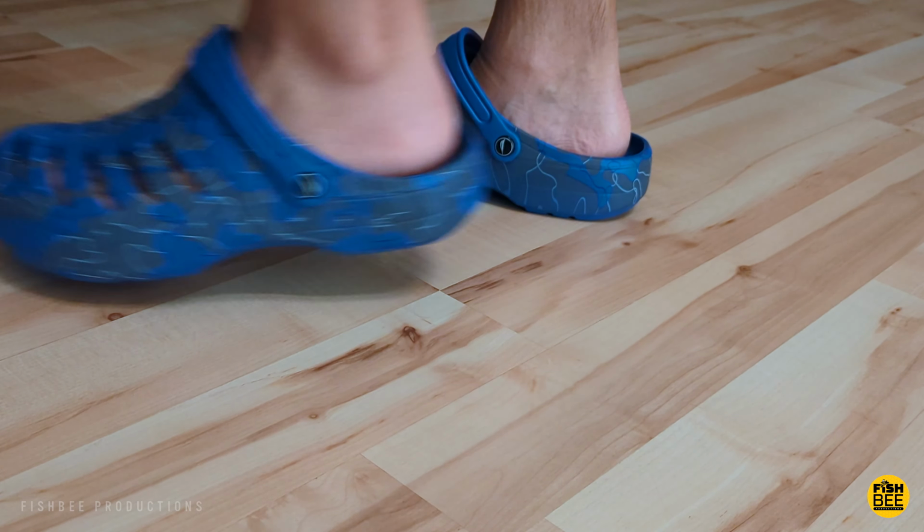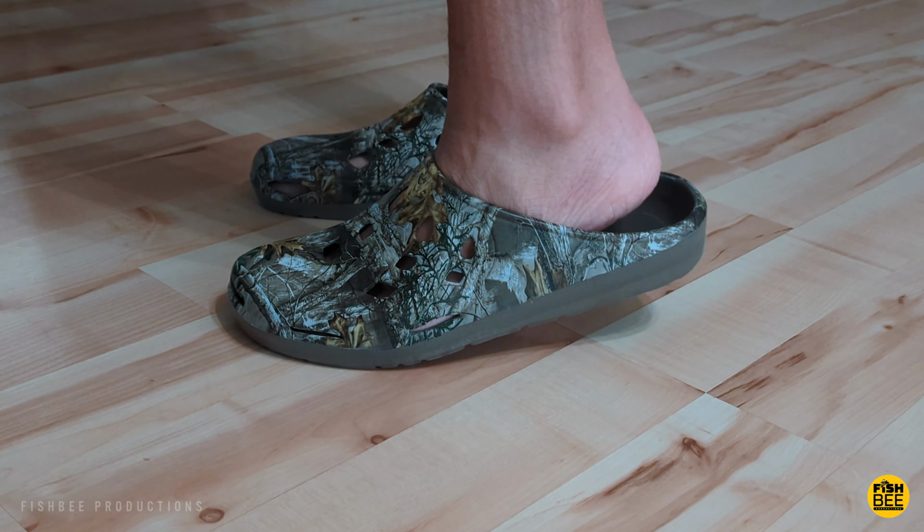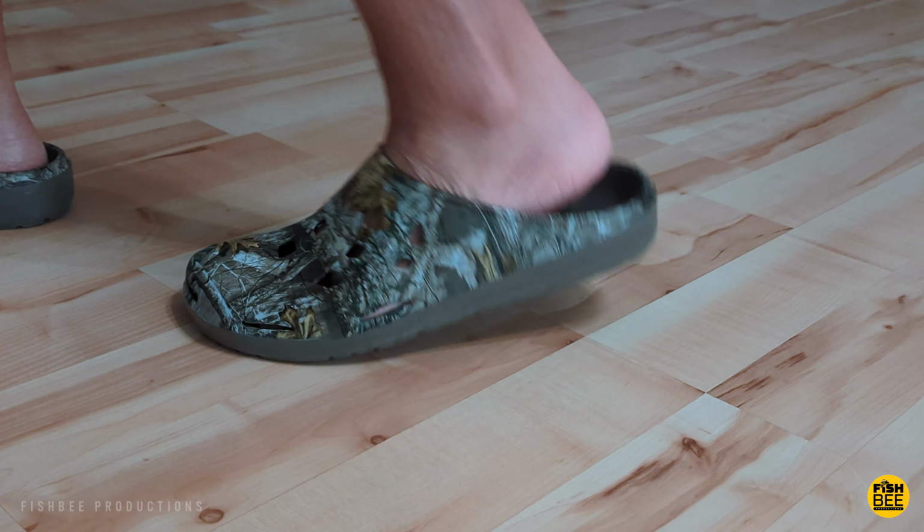Oh, and try not to mind my sock lines here. Some people may say I wear my socks just a little too tight,